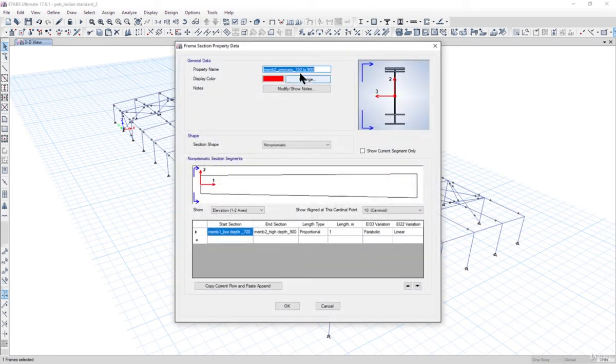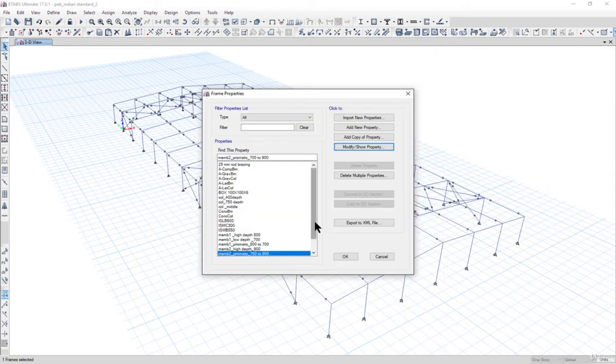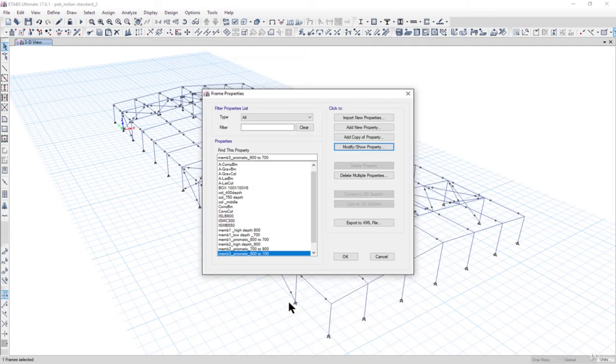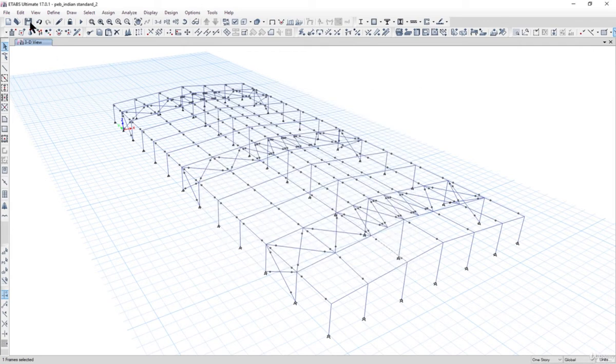Basically it is now 700 to 900, and after that, member 3_prismatic 900 to 750, it is now basically 900 to 700. So we have now tried to optimize the steel structure here, and we need to left click on OK here, save this model.